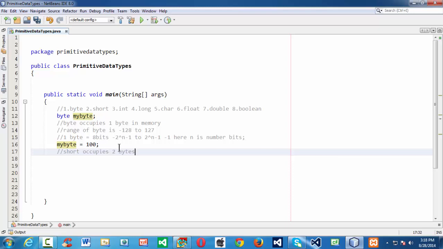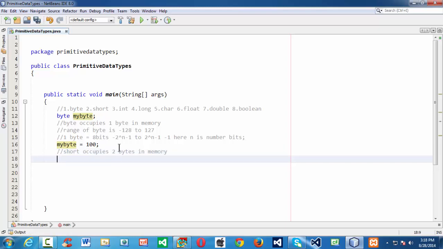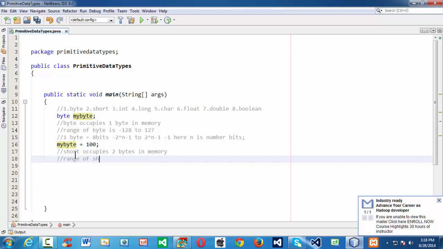The short occupies 2 bytes in memory. Based on that, the range of short, derived from the mathematical expression which we have seen above, is going to be like this.